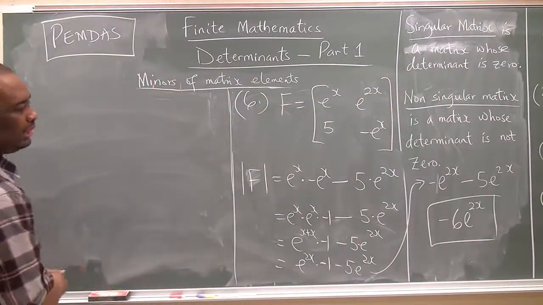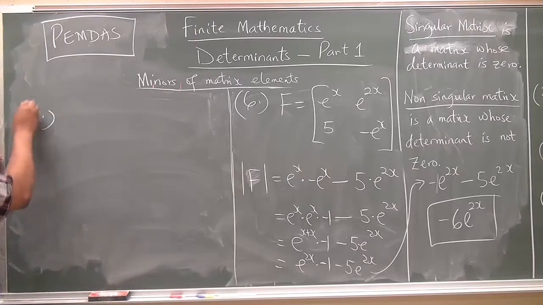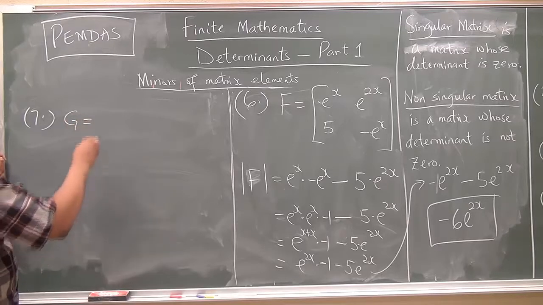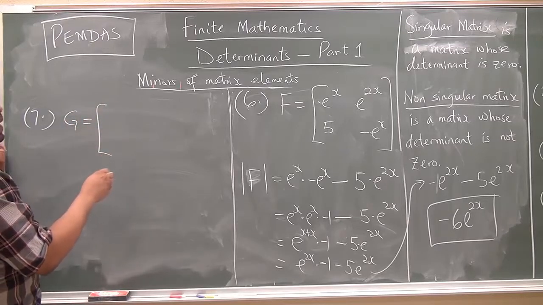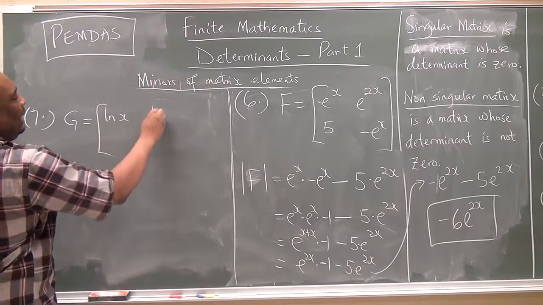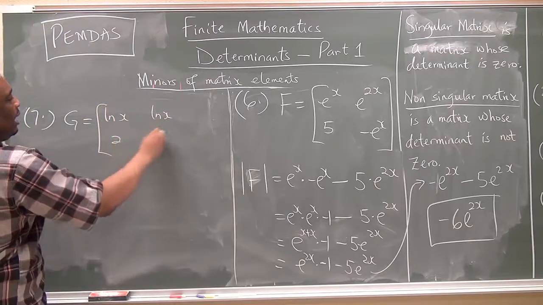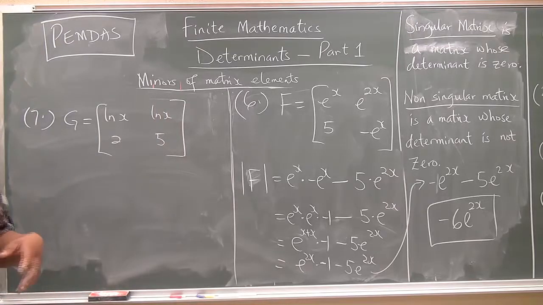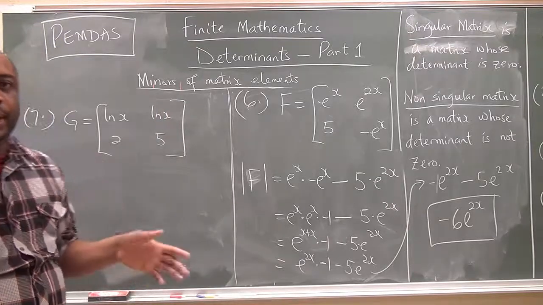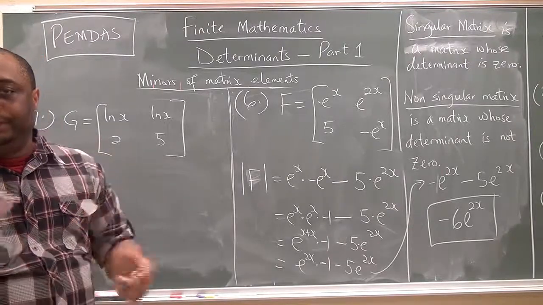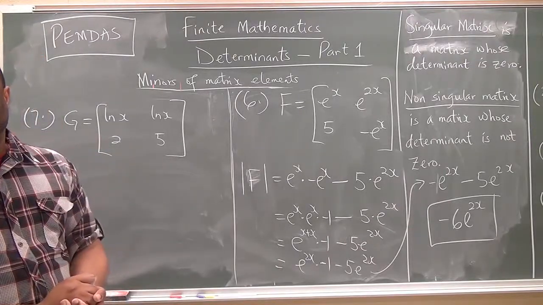The last one, the last but not the least, number 7. Matrix G is, by row, ln x, then 2 and 5. You remember your ln. Your ln is the logarithm to base e. Okay, that's your natural logarithm. View my video on logarithmic